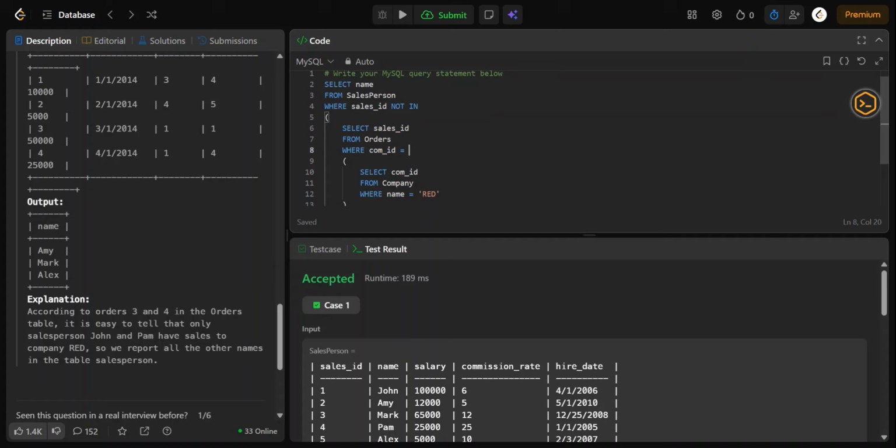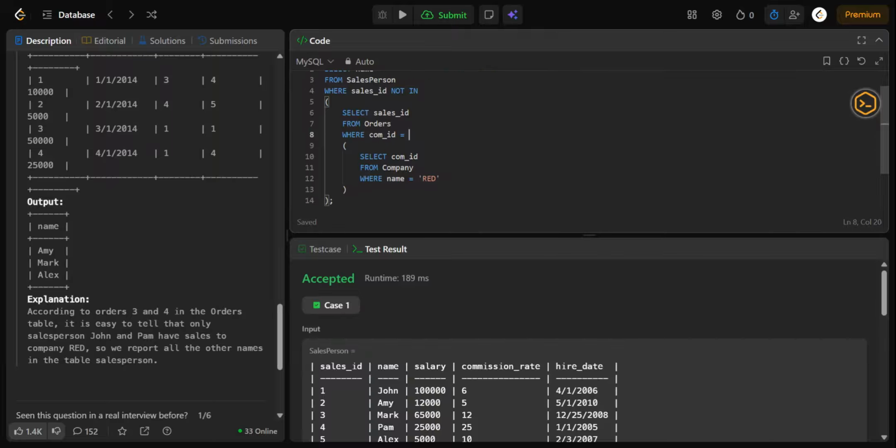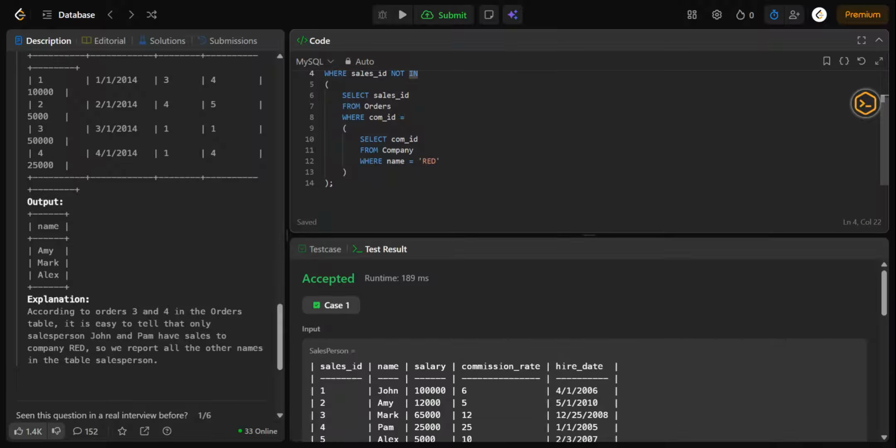So in this problem, what we learned is how to use multiple tables in a single query, nested subqueries, and the NOT IN operator, as I already discussed earlier in this video, and the foreign key relationship, and real SQL interview logic, that कंपनी आपसे जो एक्सपेक्ट कर सकती है, जो आपसे पूछ सकती है, okay. So these concepts are extremely common in a SQL interview, so make sure you understand them well.